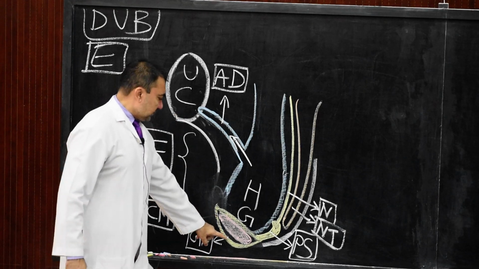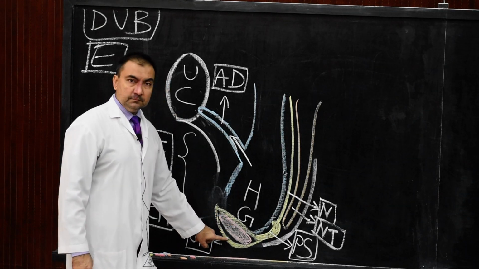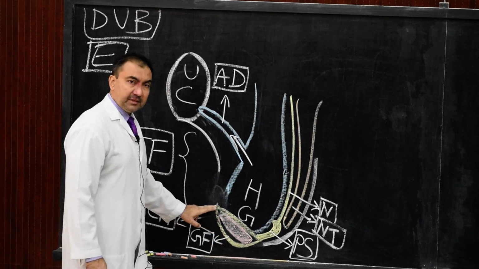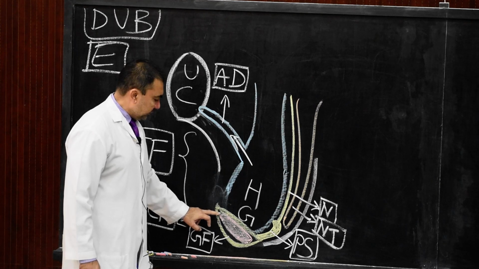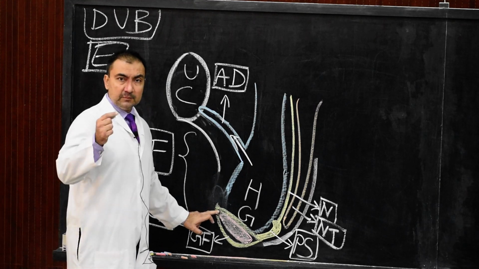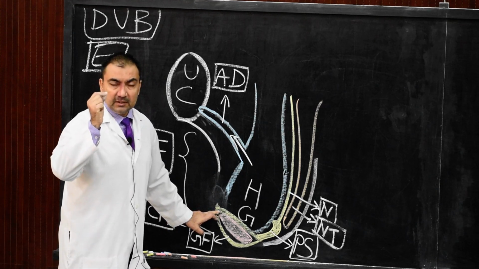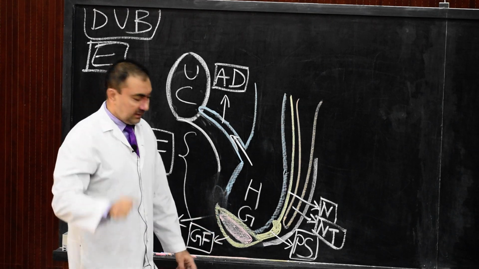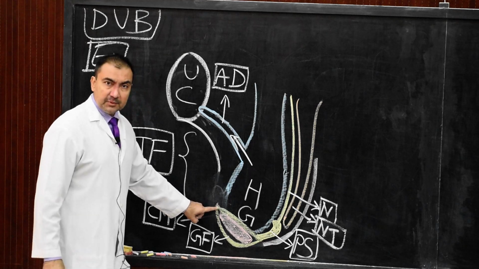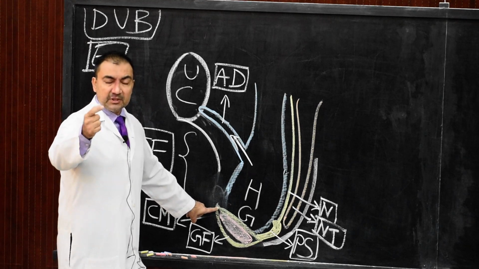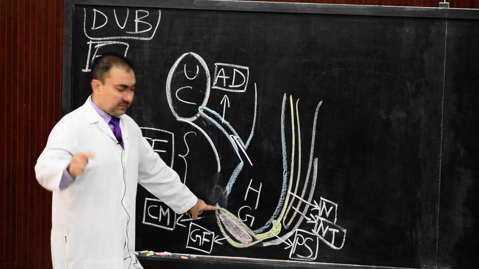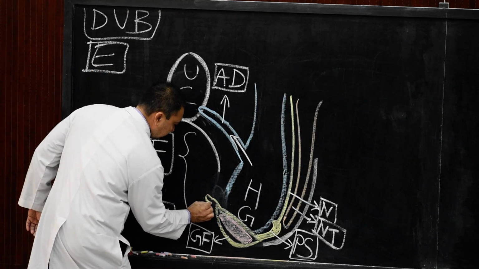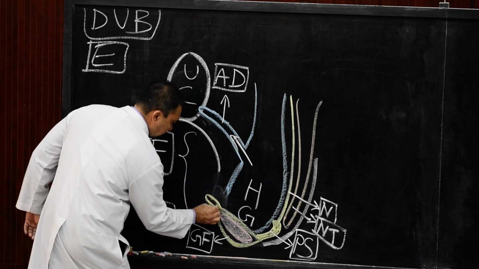Now, as these two genital folds have been developed, they will migrate ventrally, this is the ventral portion, and ventral to the tip of cloacal membrane, they will join and form the phallus. This phallus is nothing but genital tubercle. So initially it will form genital tubercle, later on that genital tubercle will develop into phallus. So here we will show that there will be presence of this genital tubercle.